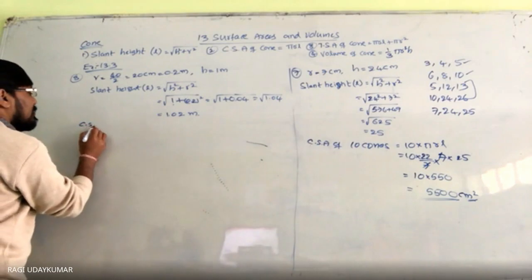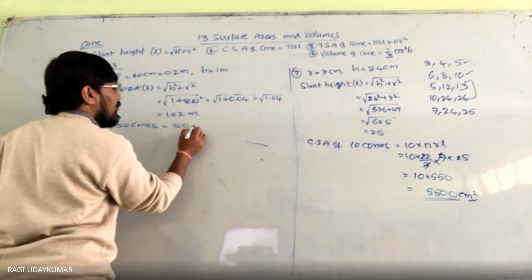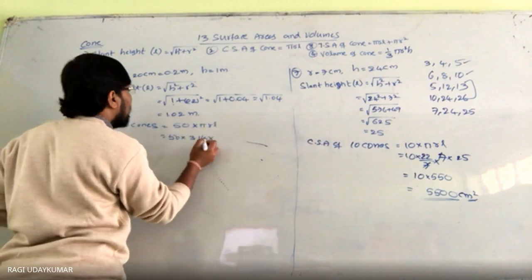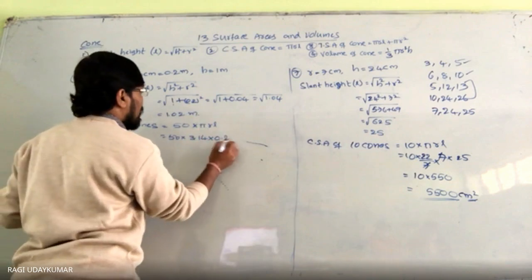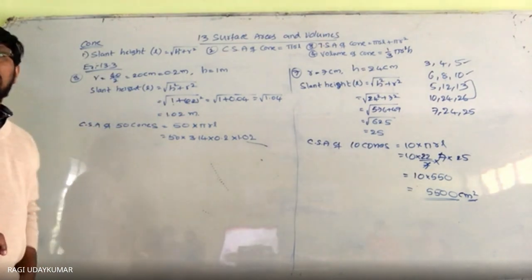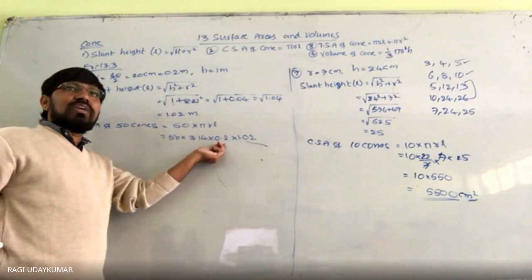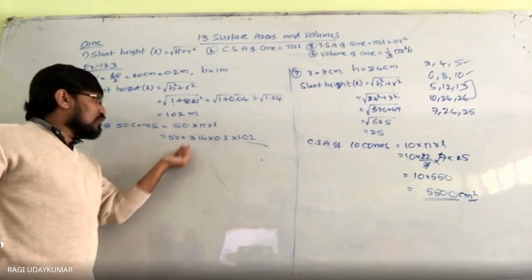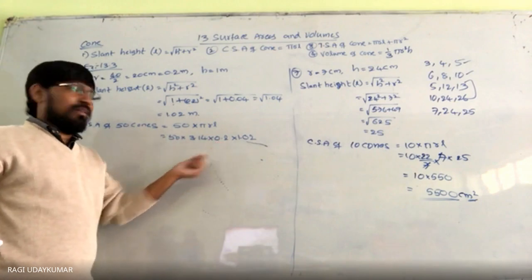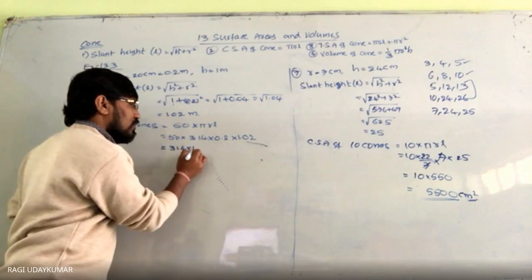Okay? Curved surface area of 50 cones is equals to 50 into pi r l, and 50 into pi value 3.14, and the radius is 0.2 and slant height is 1.02. So here you can simplify. 50 into 0.2 क्या होगा? 50 into 0.2 will become 10. So ये 10 होगा. 10 हो गया तो this one 10 multiply करेंगे 3.14 into 1.02